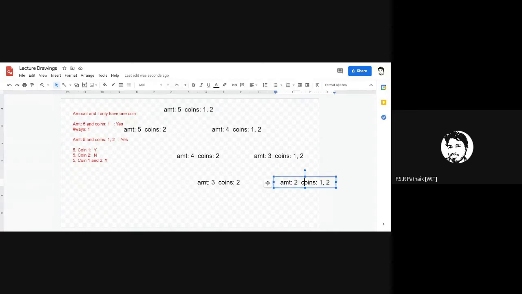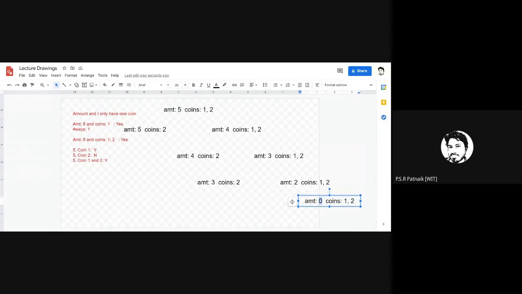Somewhere while going down all this tree, you will get a point where the amount would be 0 and you have 1, 2. So when you cross all this to the end and reach 0, this 0 was reached just by using the first coin.